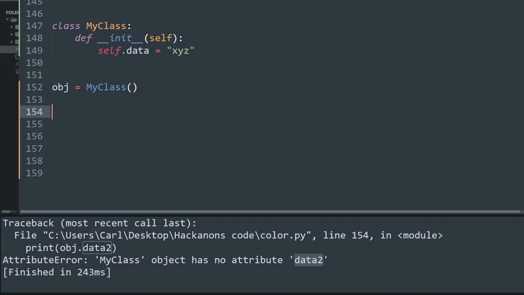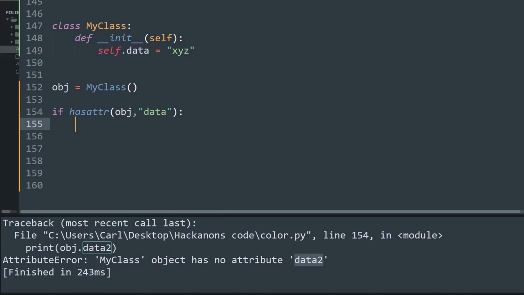Just create an if statement and call the function hasattr, which means has attribute. Inside the parenthesis, you first put the object name, and the next argument will simply be a string of the attribute that you want to search for. So in this case I want to check whether an attribute named data exists,